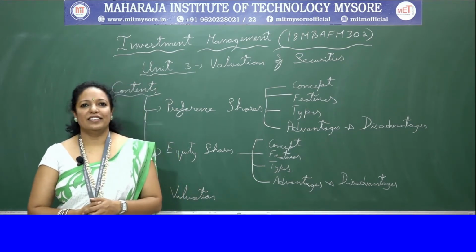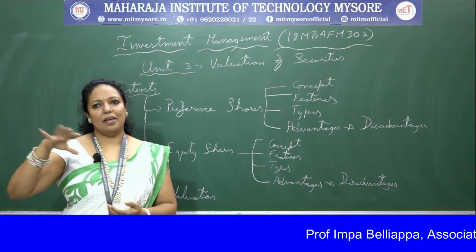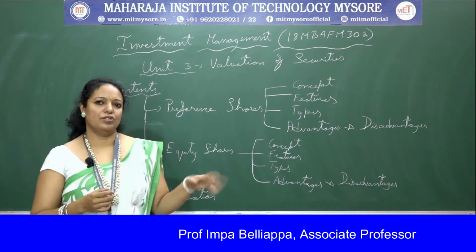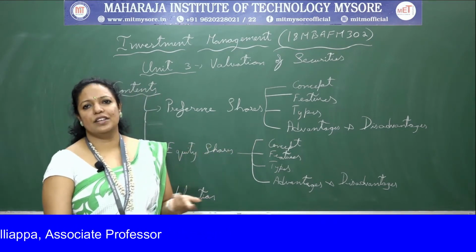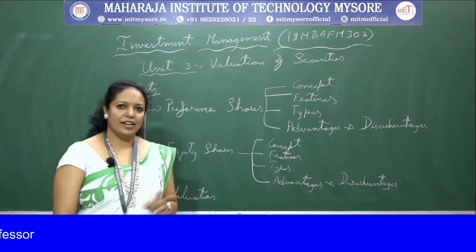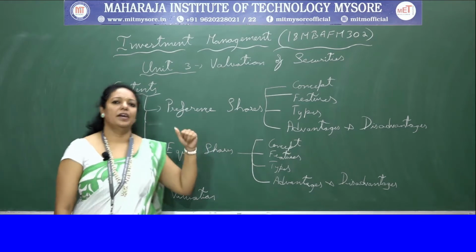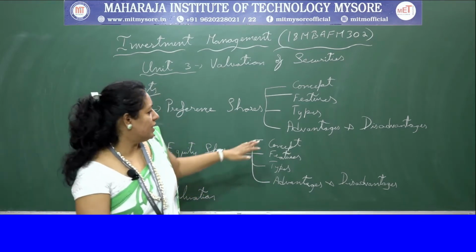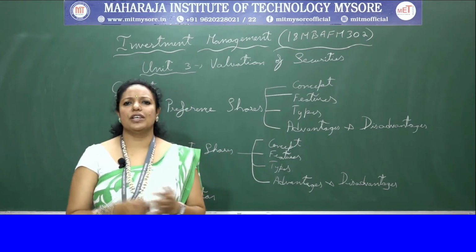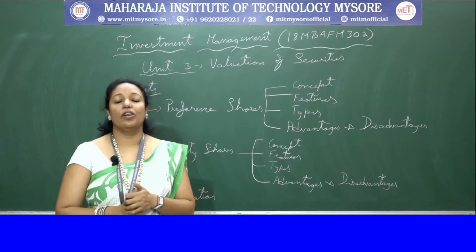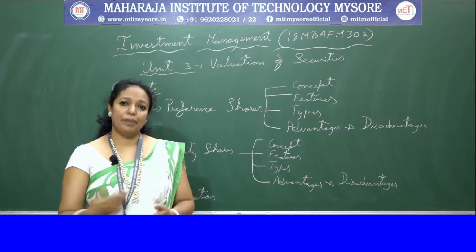And preference shares are a hybrid security because they bear some of the characteristics of debentures also. Whatever debentures we have, this is quite similar to that. The difference is that debenture is the debt instrument and this is the share. That is the difference. So these are some of the features of preference shares. And let's move on to the next concept, which is the types of preference shares. So types of preference shares, you can segregate according to clauses like time of issue, or else the dividend payment.